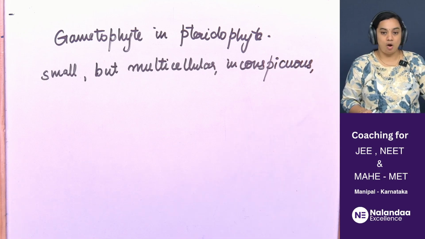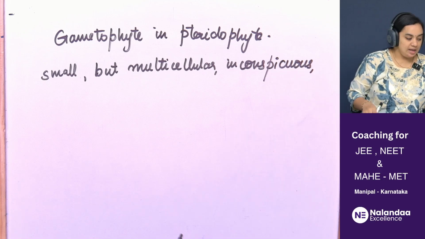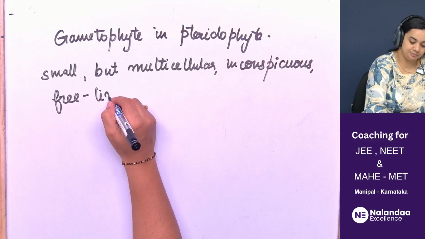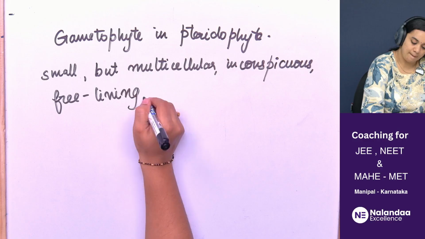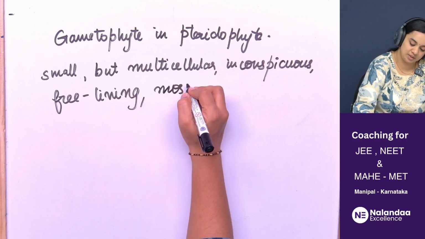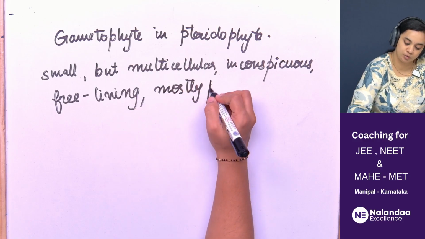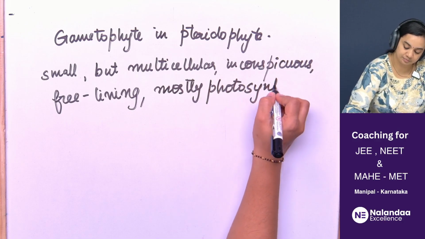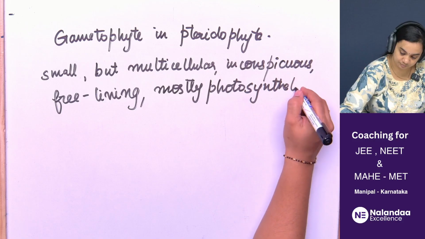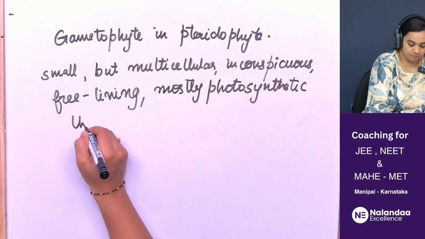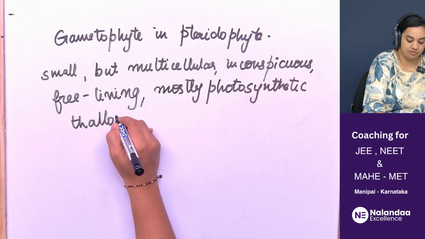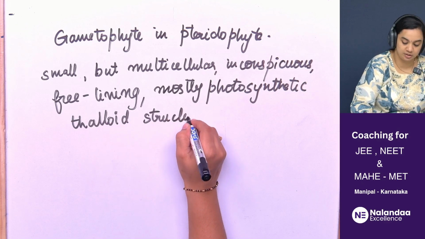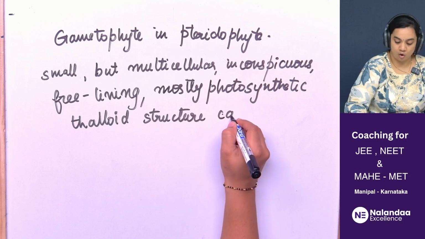Inconspicuous meaning not very well noticed, okay? Inconspicuous, free living, mostly photosynthetic, which means it's capable of taking care of its own nutrition, okay? Mostly photosynthetic, thalloid gametophyte. So it's a thalloid structure called